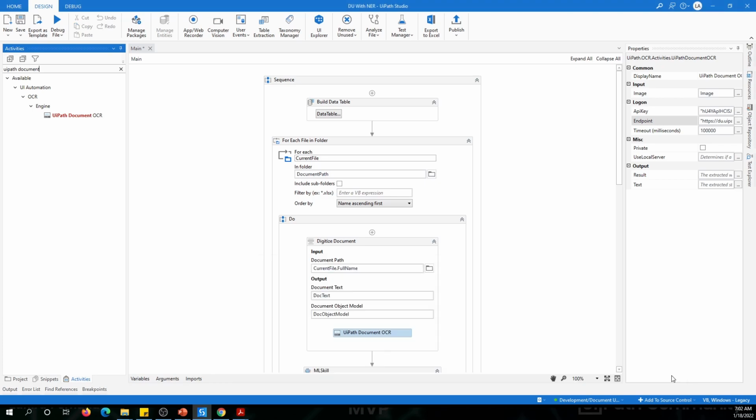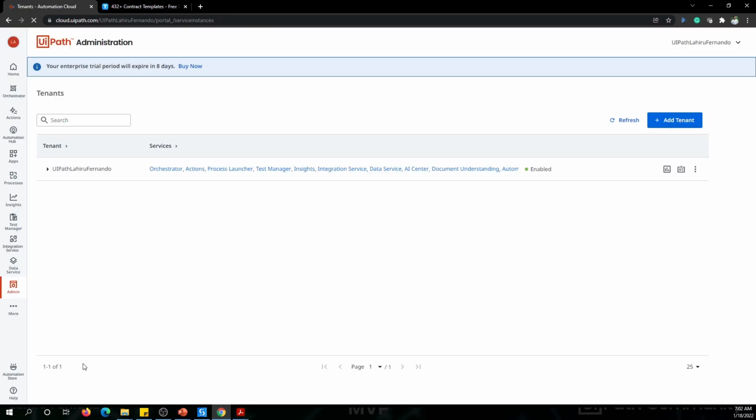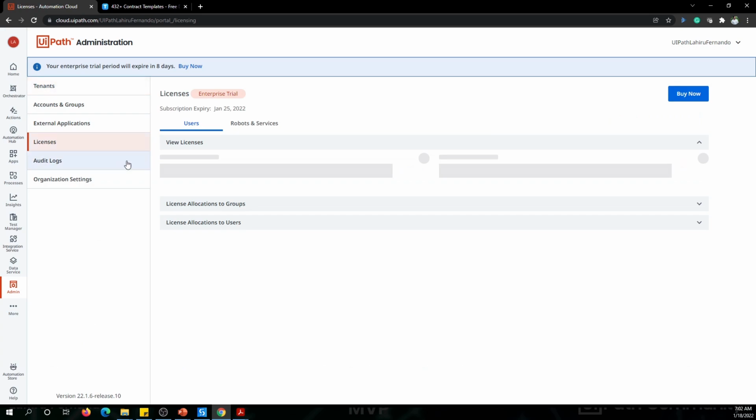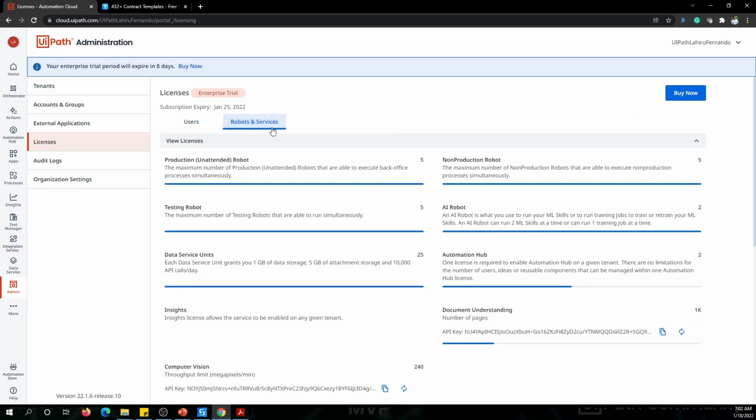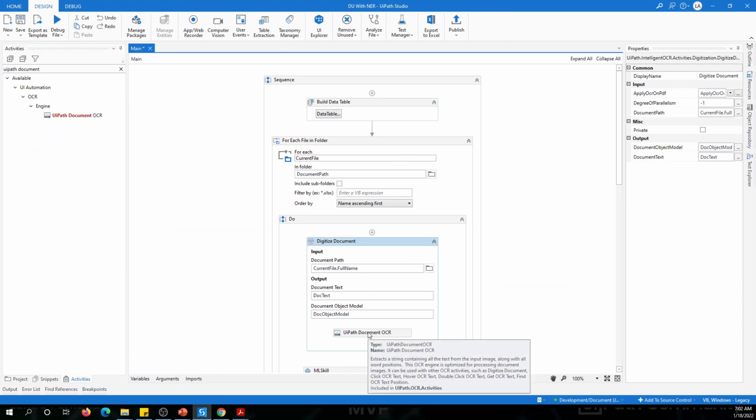The API key, you can find it in your cloud platform. If you go to admin, under licenses and robots and services, you will see your document understanding key. Just copy it and paste it. Okay, so once you have configured these two,